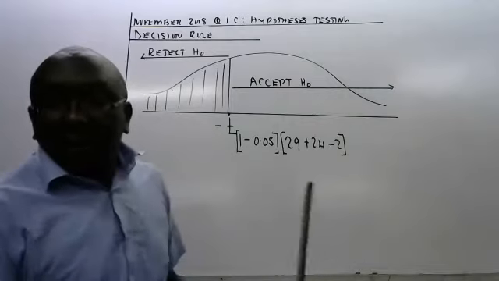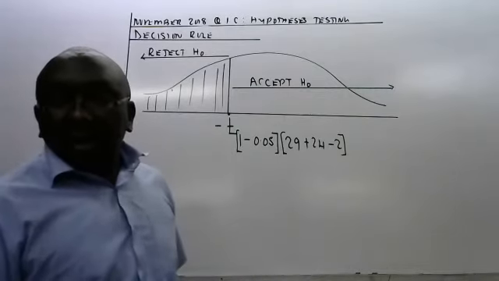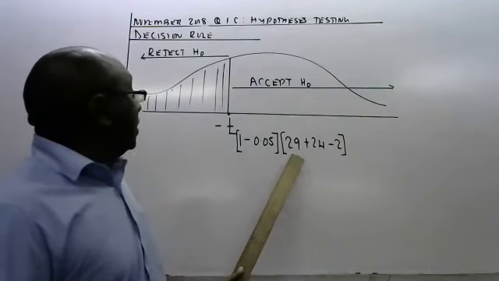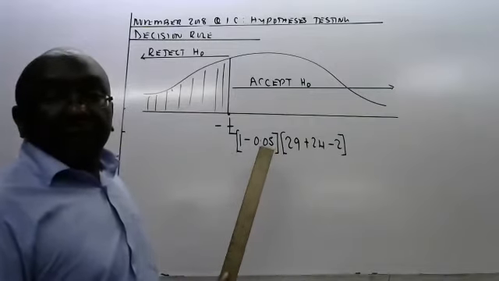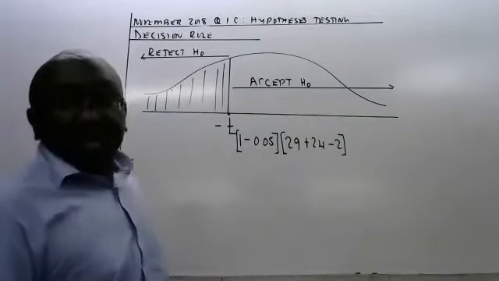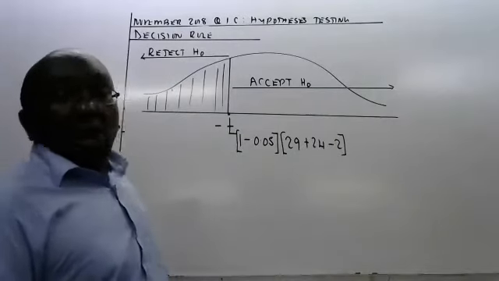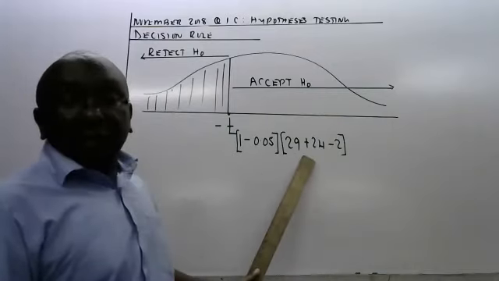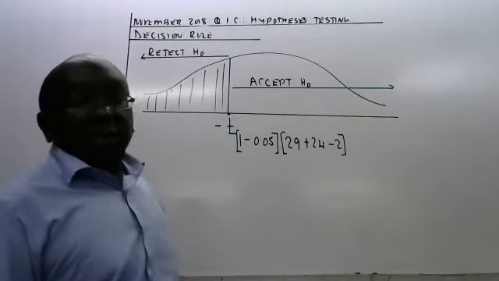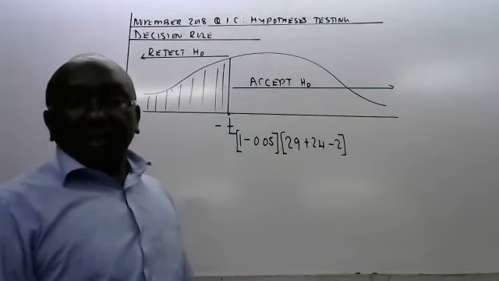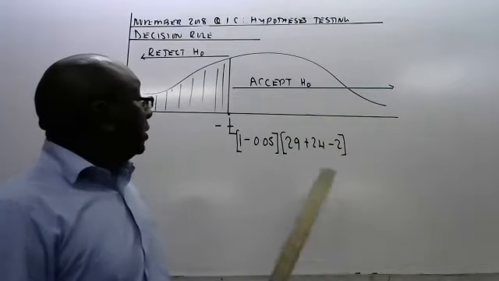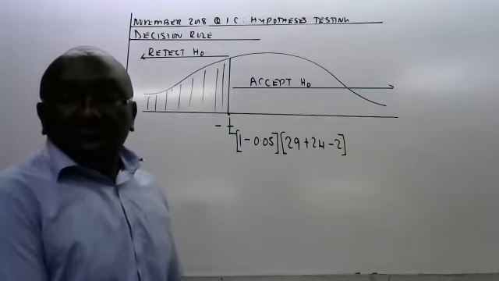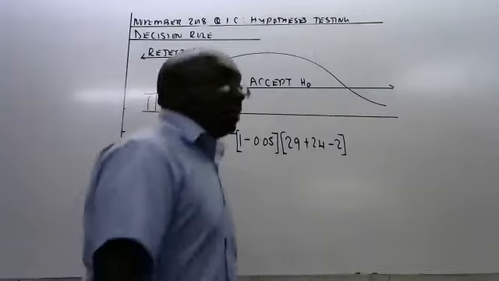Yeah, I can get it from Najma. Explain what has been bracketed. First of all, this one is the confidence interval, 1 minus 5%. So it's 95%. So you go to the column that is titled T0.95. And then these are degrees of freedom. 29 plus 24 minus 2, you go to that row. And if it is not there, you go to the nearest. So according to Najma, it is 1.671.